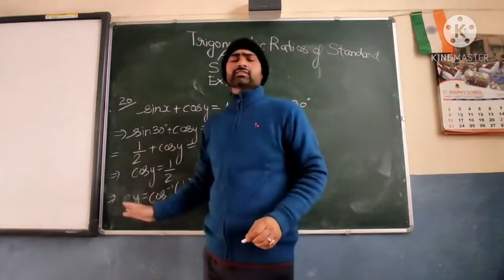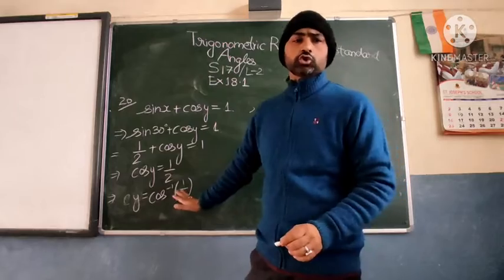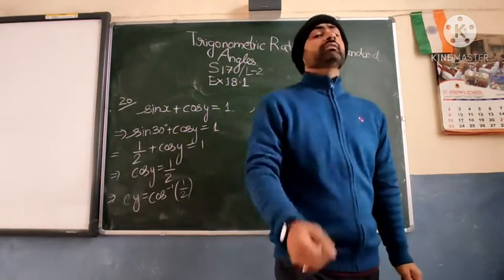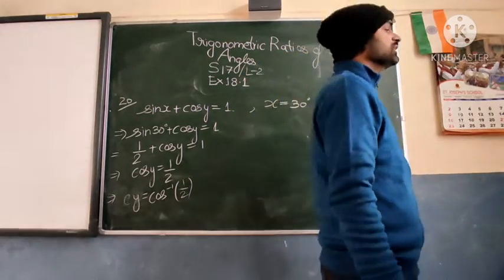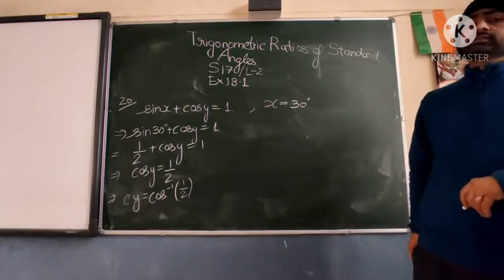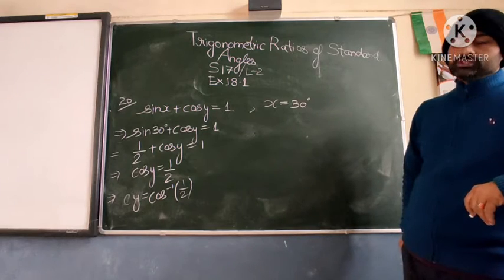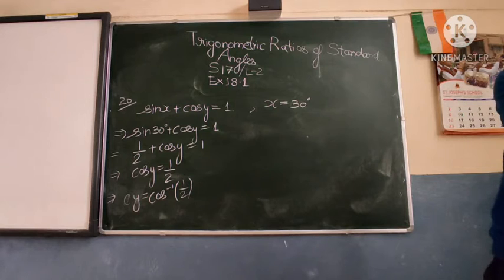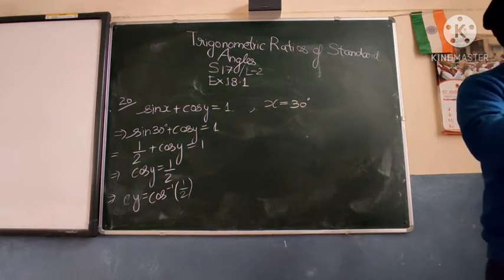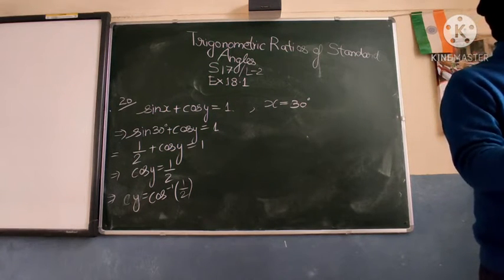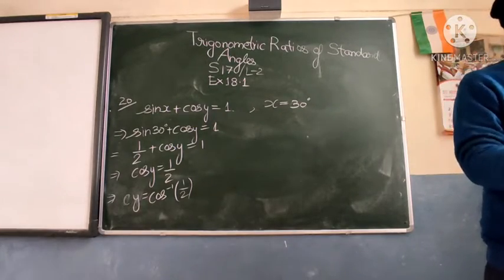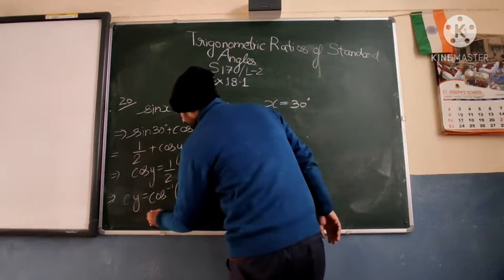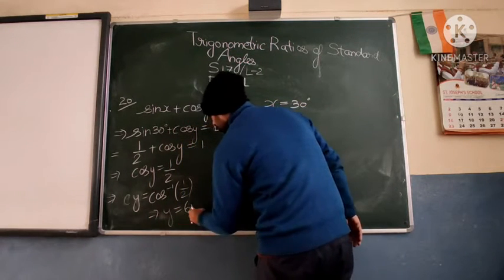If you don't know to write inverse, no problem. But this should be the ideal thing to do. So, at what value of cos we are having half value? Now see, cos 90 is 0 and cos 0 is 1. So, what is the value for which we get cos value is half? So, cos is half at 60 degree. Y equal to 60 degree.